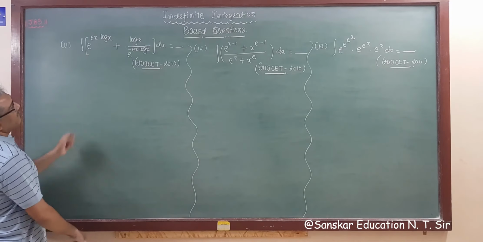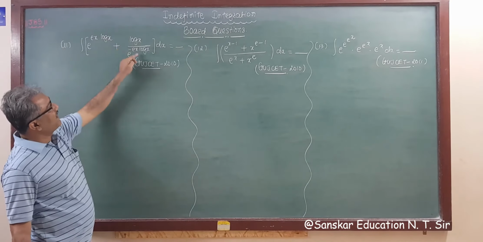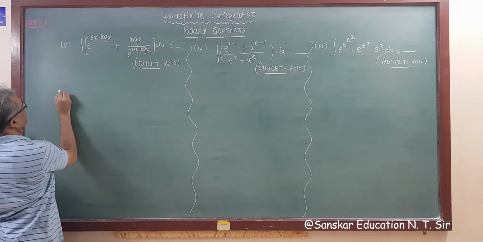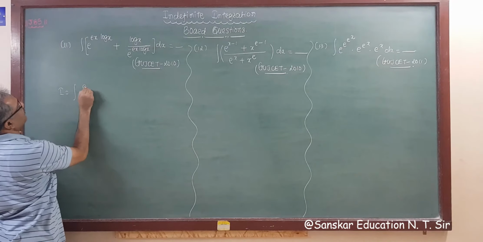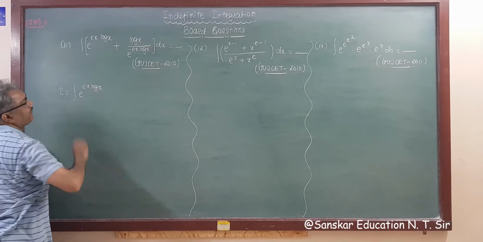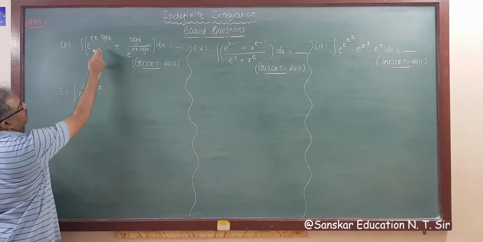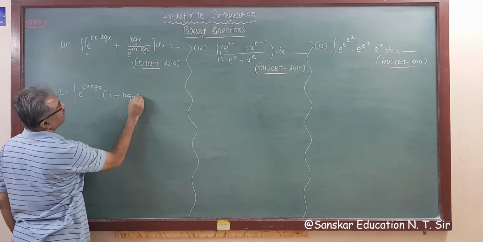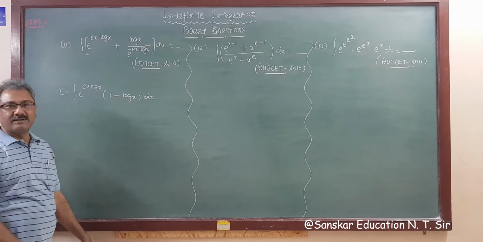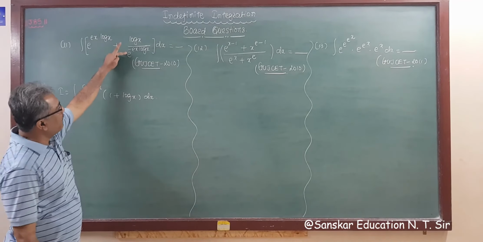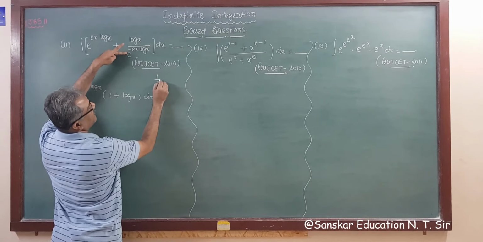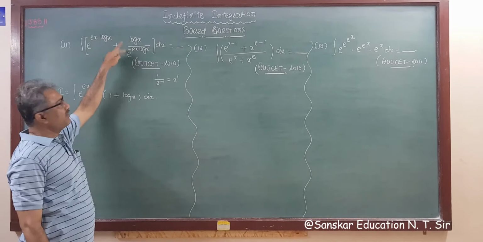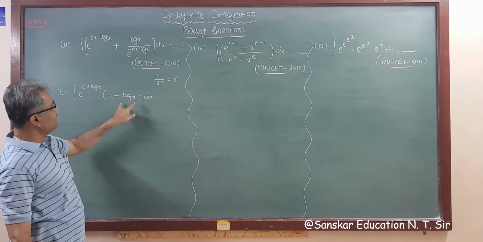Now see here, this is e raised to minus. If I write it in the numerator, the minus becomes plus. So e raised to x log x will be common. So I am taking e raised to x log x as common, right? So 1 plus log x is your answer, dx. Got it? This is the idea. If I write 1 upon x in the numerator, suppose it is x raised to minus 1, then it becomes x raised to plus 1. If we take it in the numerator, the minus becomes plus, and taking this common, this is 1, right?